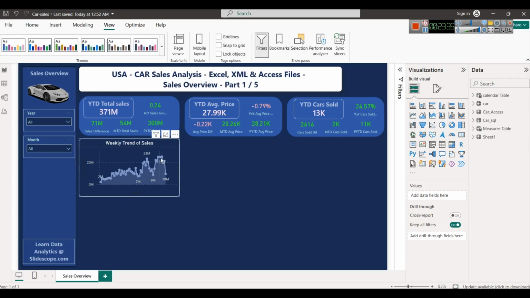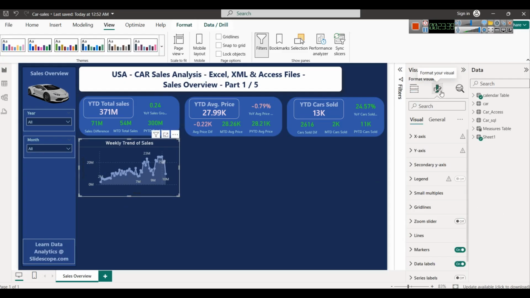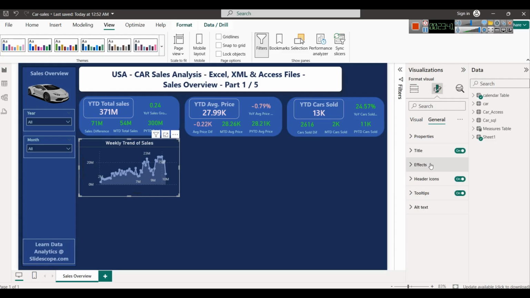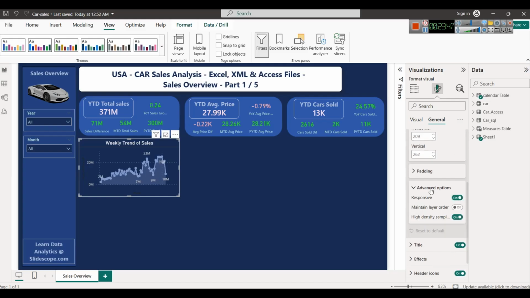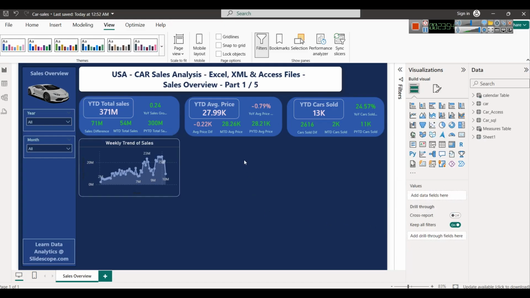One more thing we can do when we are selecting charts like this, in general in properties, position, we can see some advanced options. Make sure responsive is on, or maintain layer order is on, these type of things, and this is something I will deal later also. So now this is weekly trend of sales,